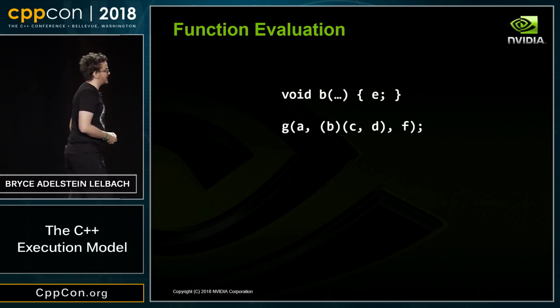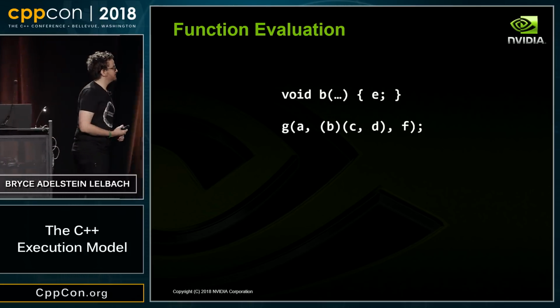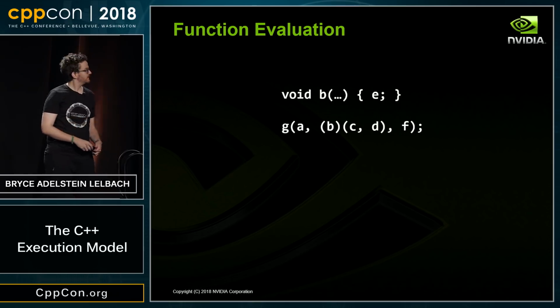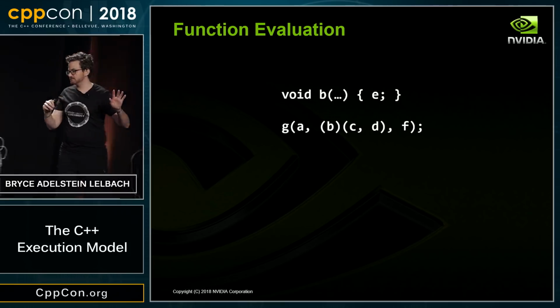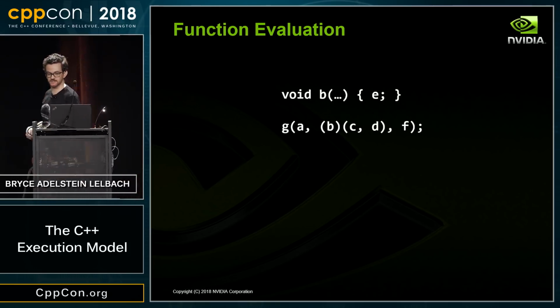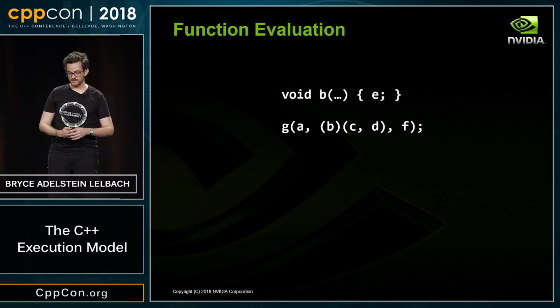So okay, we're going to look at this example. I've got some function b. I'm going to call the body of that function e. And then I have this function g that's not really important. I just wanted to have a full expression to stick g in, and a function call is a useful full expression. And then I've got a here, which is just some arbitrary expression that's not part of the body of b. And I've got f, which is some other arbitrary expression, also not part of the body of b. So let's walk through and apply those rules I just showed you.